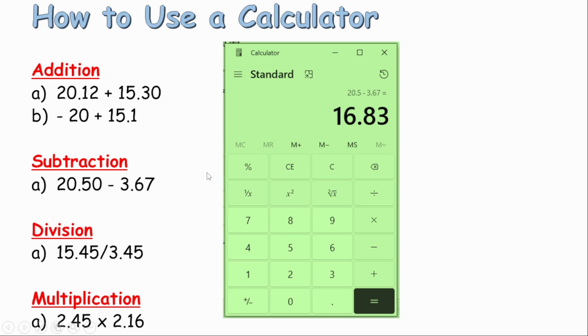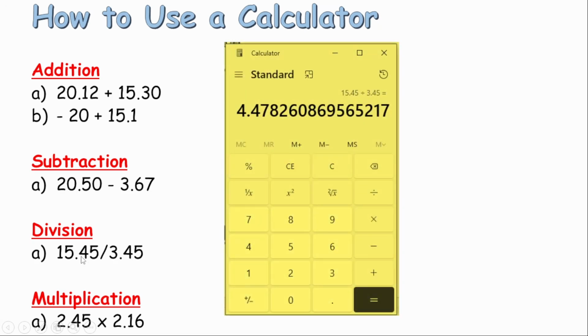Now let's have a situation where we want to divide two decimal numbers, or any form of decimal number at all. So we have 15.45 divided by 3.45. So how do we do this? First of all, we punch in the numerator 15.45, divided by, this is the division sign here, divided by 3.45,